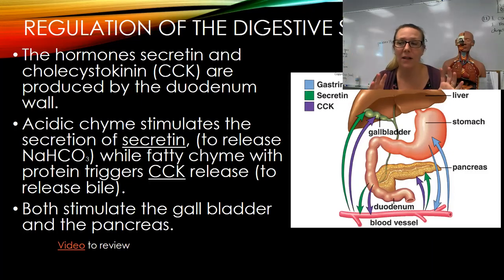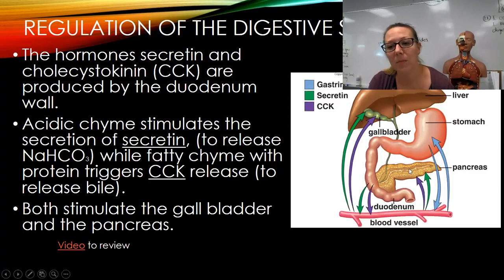So it's kind of this messenger that gets sent in your blood. Again, it's going to the liver to release the bile from the gallbladder. And it's also going to the pancreas to get the bicarbonate in order to raise the pH level. There's a video to review this. Is that everything? Okay, so